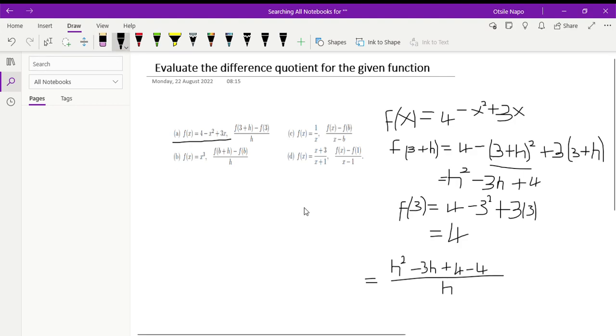So this will cancel, leaving us with h squared minus 3h divided by h, which will give us